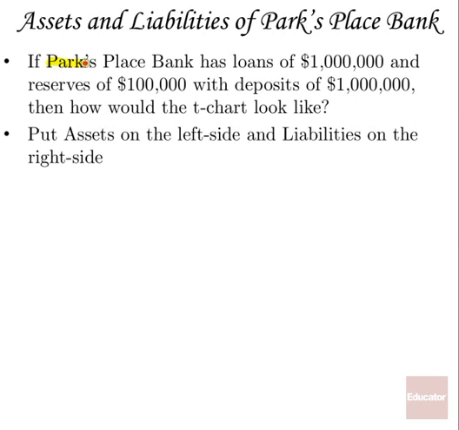So let's say Parks Place Bank has loans of $1 million and reserves of $100,000 with deposits of $1 million. How would the T-chart look here? So put assets on the left side and liabilities on the right side. Nothing complicated here, just to give you an understanding of how you would draw a very simple T-chart using very simple figures. So you have assets here on the left-hand side, and then you draw a T-chart like this,